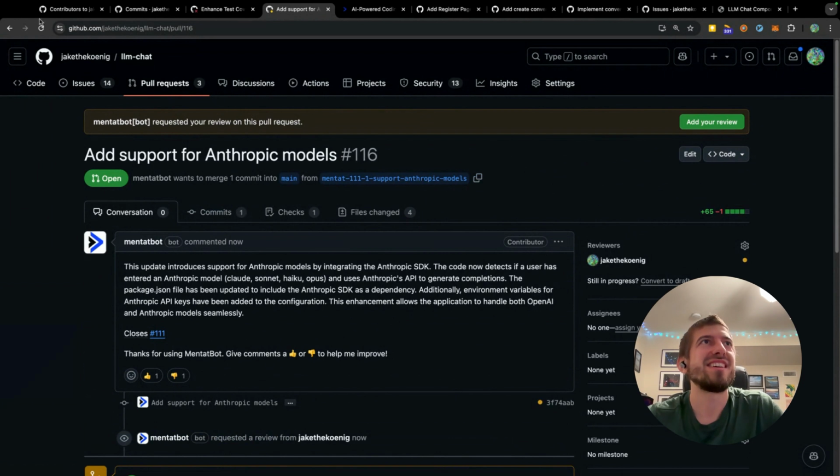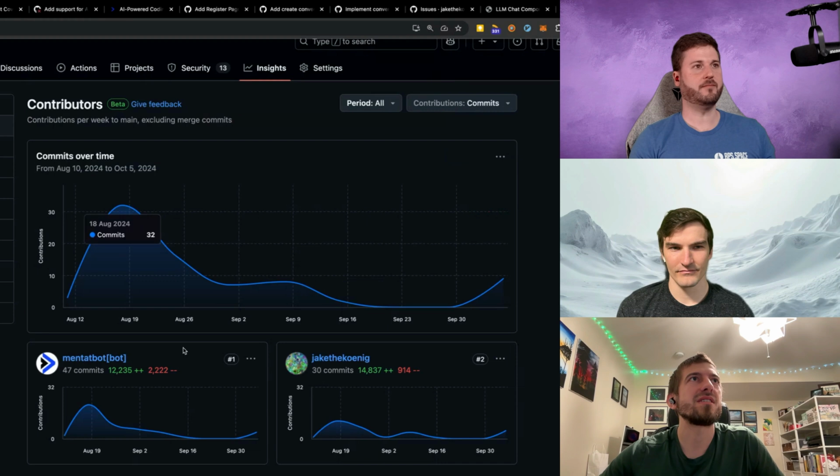So fair warning, it's pretty ugly, like LMChat. I'm not saying you should use LMChat. This is more an experiment of whether I can do the whole thing with Mentat. Yeah, you can see